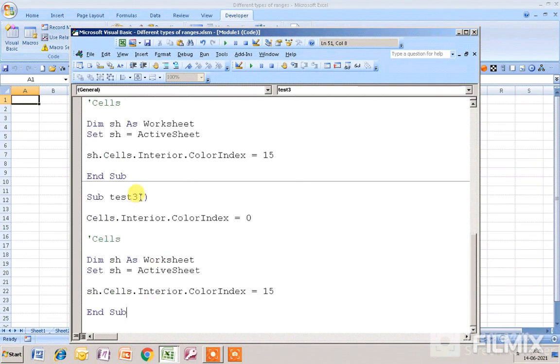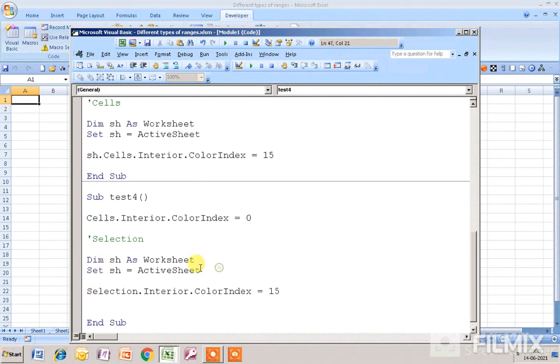The changes that I will do: I will make it test 4, and in place of cells I will type selection, and I remove this thing and I will type selection.interior.colorindex equal to 15. Okay, and this is the code.